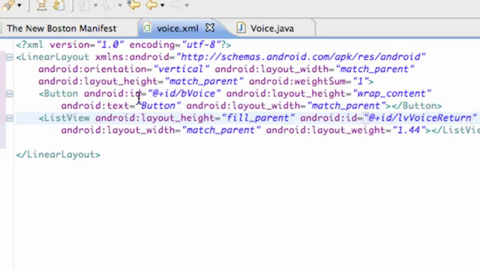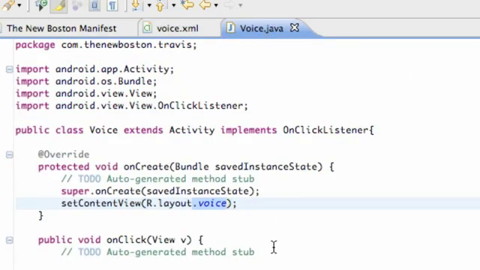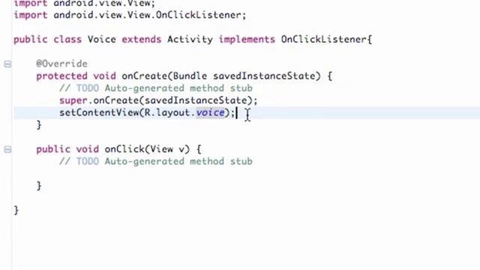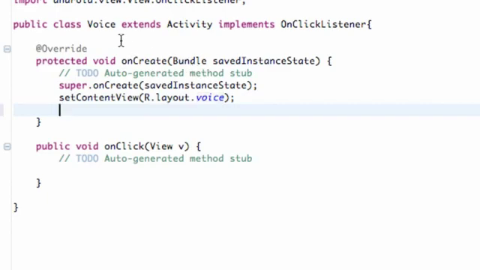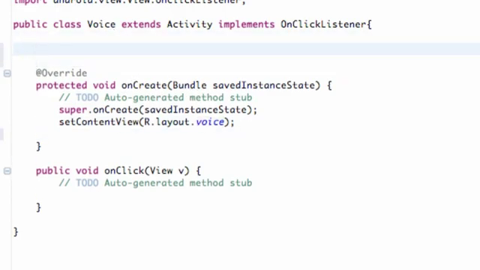So again, nothing new for the most part. Again, when we started, if you guys remember, we did a list view, and you guys were probably pretty confused at that time, but hopefully this time when we go through this list view it'll be a little bit easier, a little bit simpler as well. So what we're going to do is set up a list view that our whole class can use. So we're just going to say list view